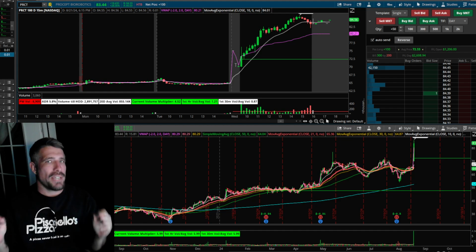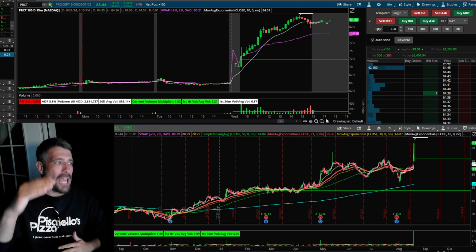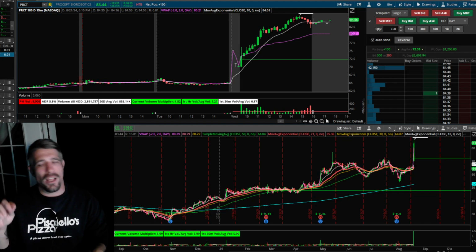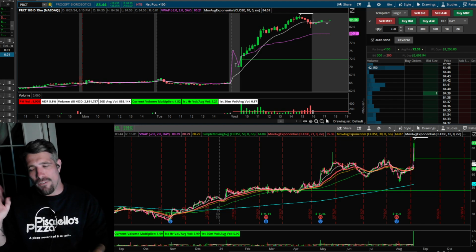Noise in volume data. Volume spikes can sometimes be caused by factors unrelated to price trends, such as algorithmic trading. I just have always called it algo trading. Algo trading or block trades, okay? Where these big block trades come in and they're trading from one block to another. These noises can make it difficult to interpret volume accurately. I have heard people constantly say, oh, they're turning on the algos.